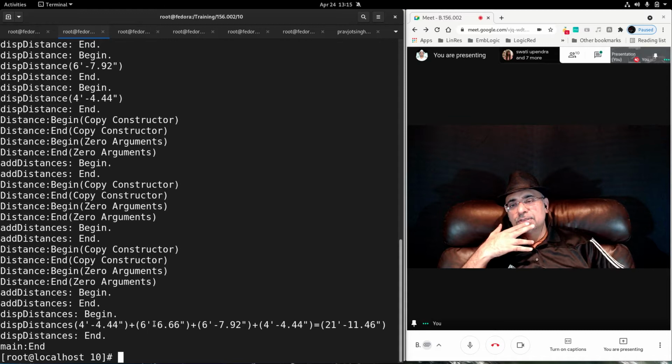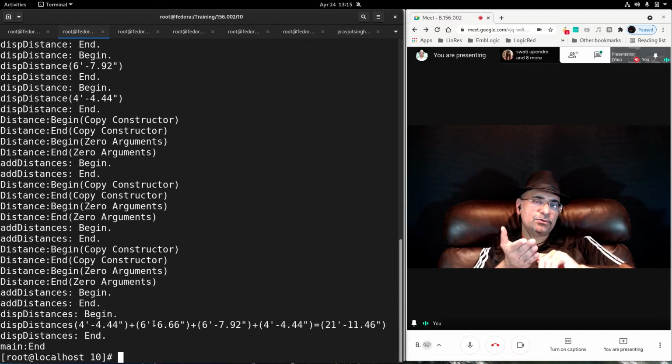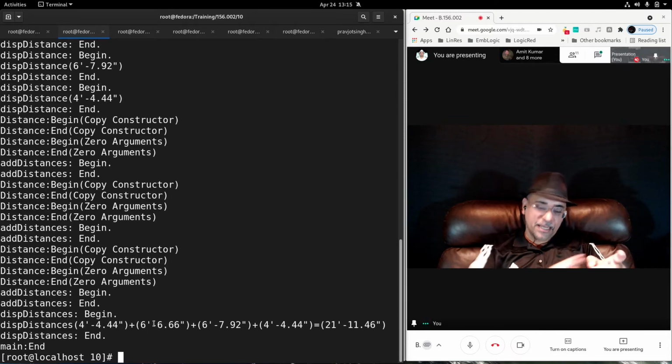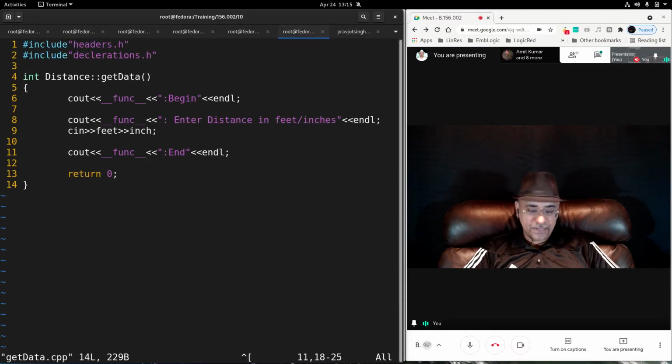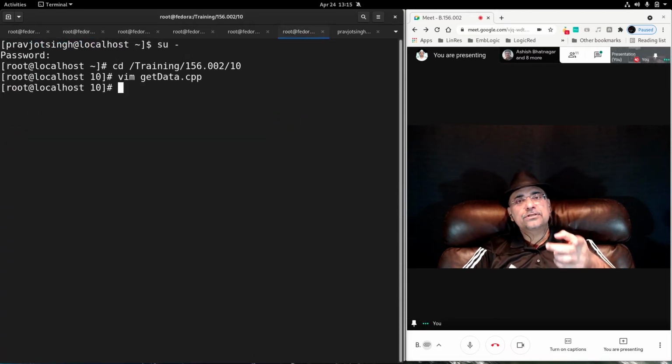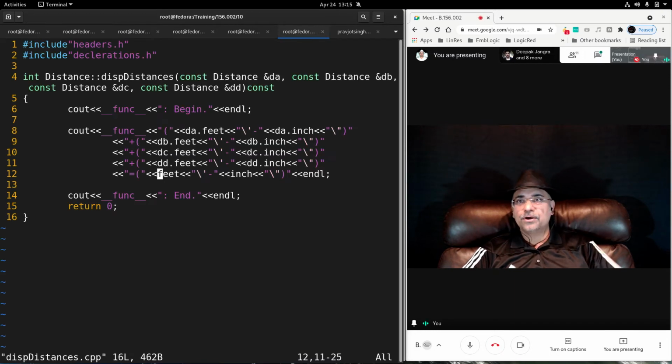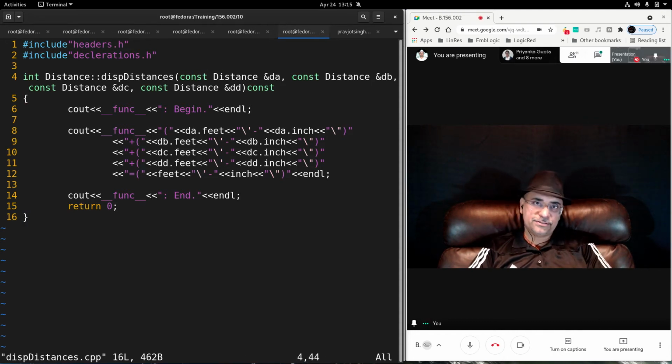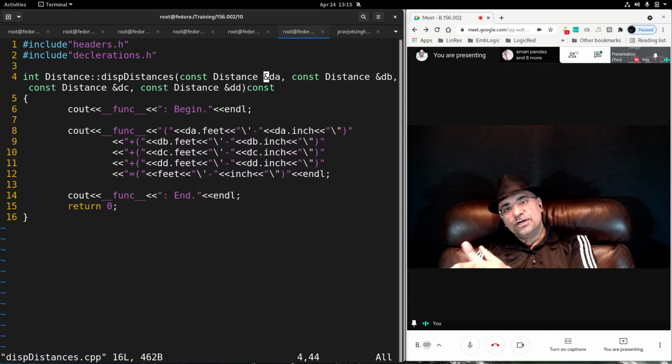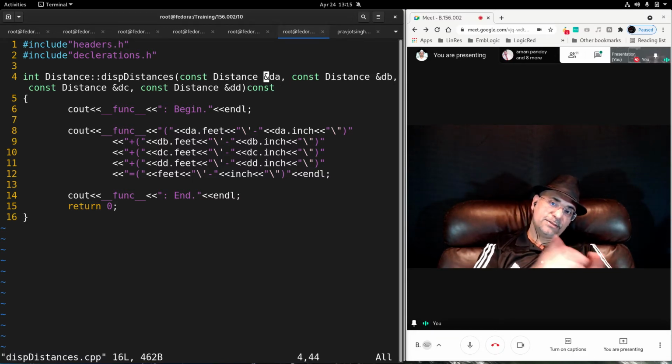So notice, if these 4, D1, D2, D3, D4, were passed as argument, it went to the display function, and why in the display function did the copy constructors not get invoked again? Because we did not accept by value, we accept by reference. So therefore no new object copy of D1, D2, D3, D4 was created. Instead you referred to the original D1, D2, D3 and D4 and displayed it.